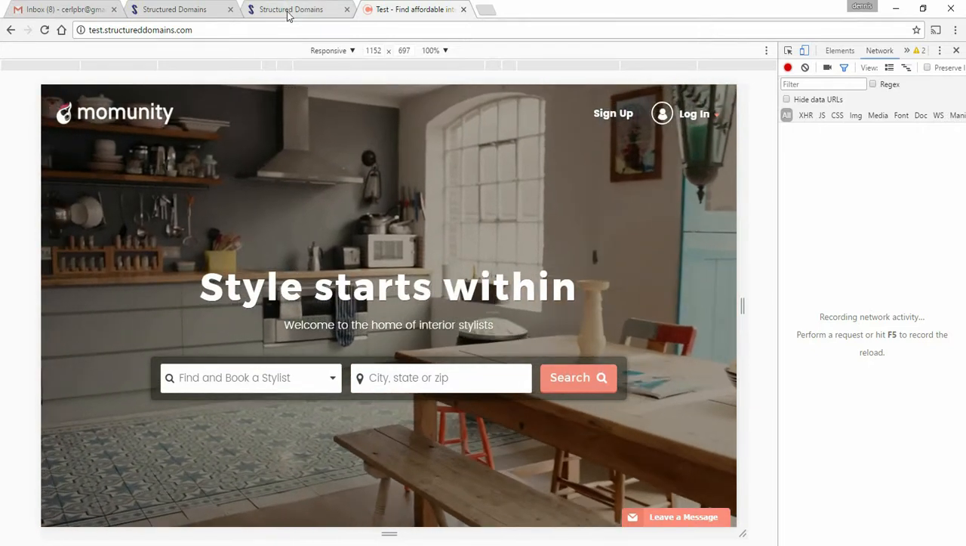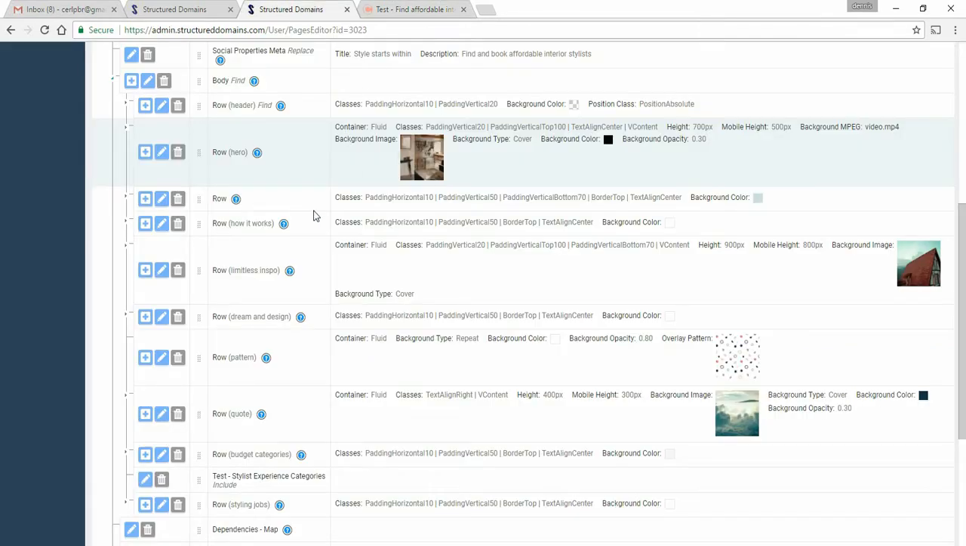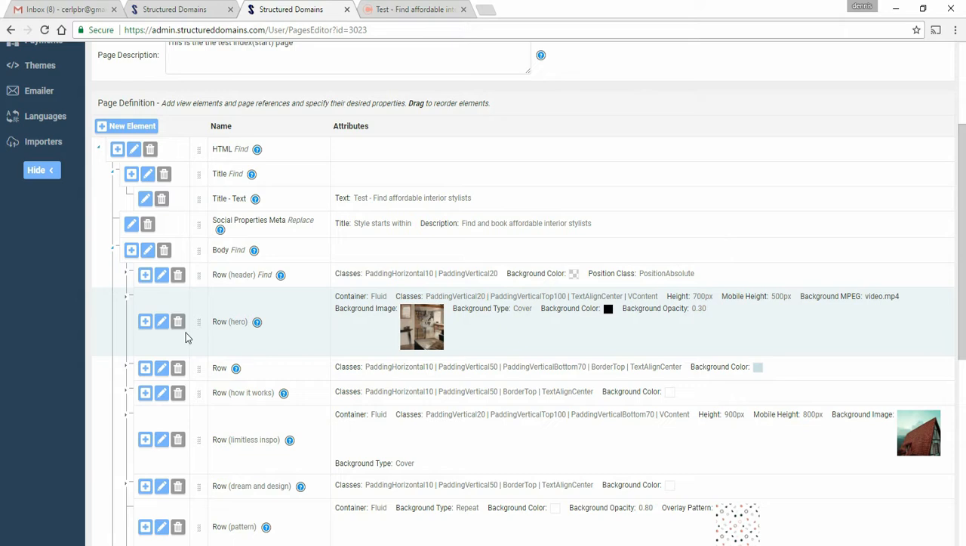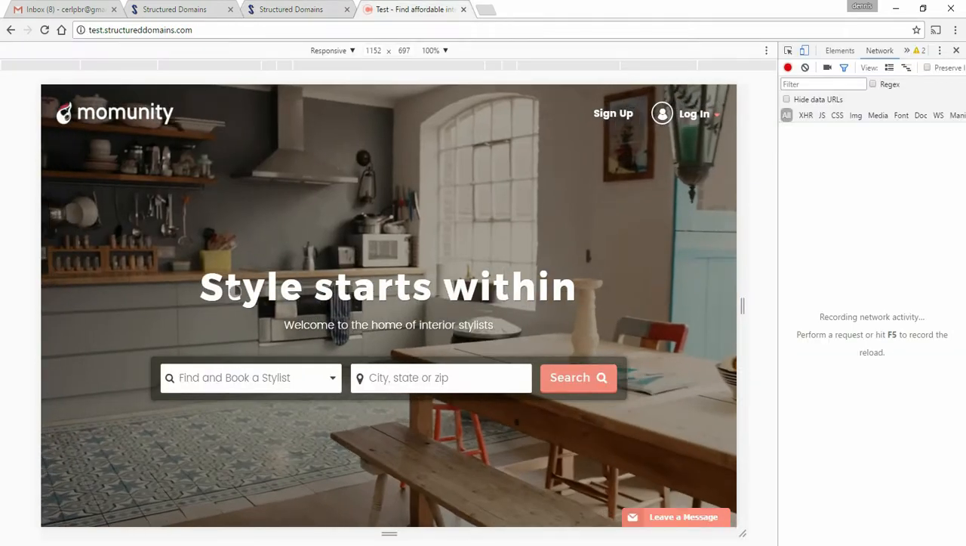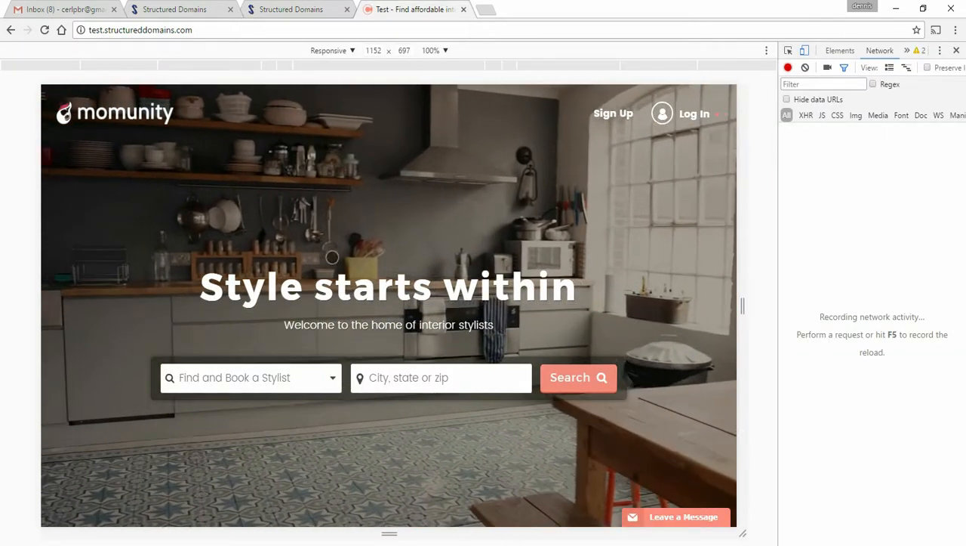So the way it works, I'm just going to modify something so you can see how it works. I can go into this row right here, and I can click on the navigator element, which is this element right here,